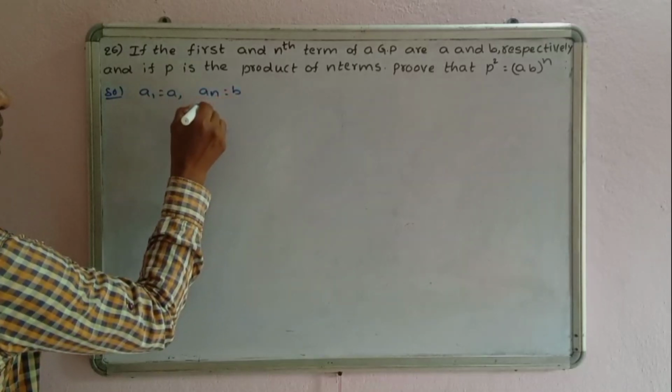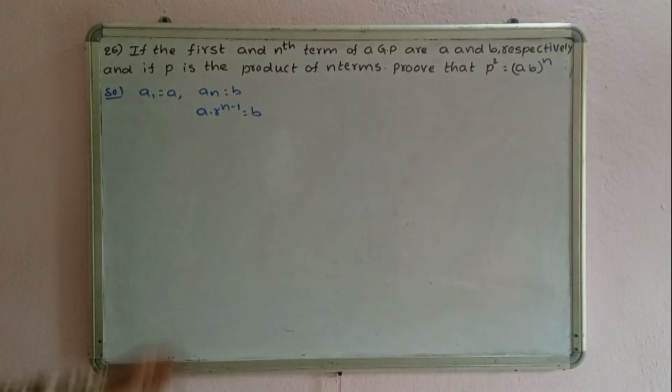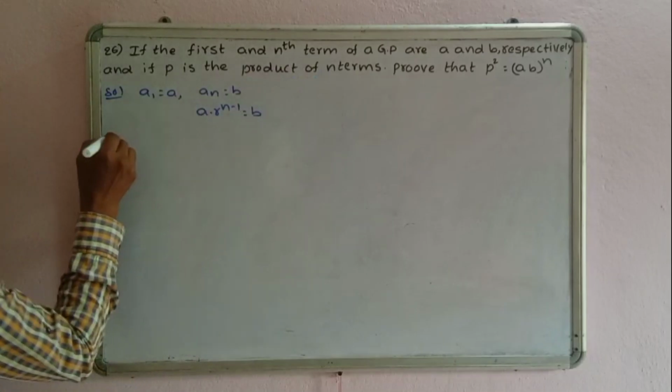What is the formula of nth term? A times r power n minus 1 equals B. Okay, this is the value of first term and last term. P is the product of n terms. P equals